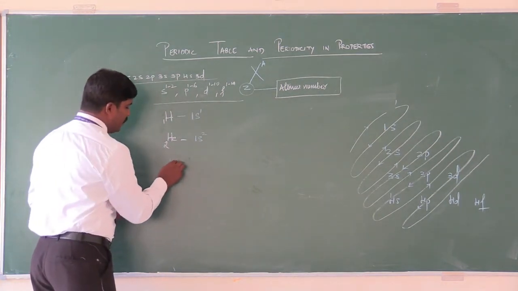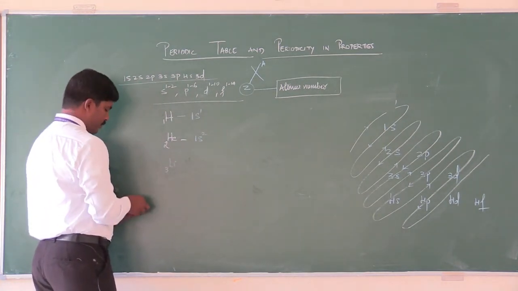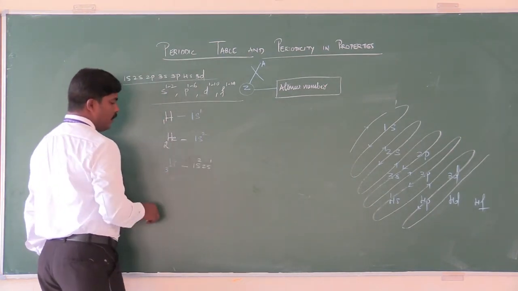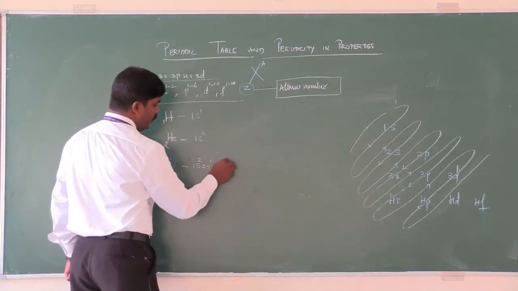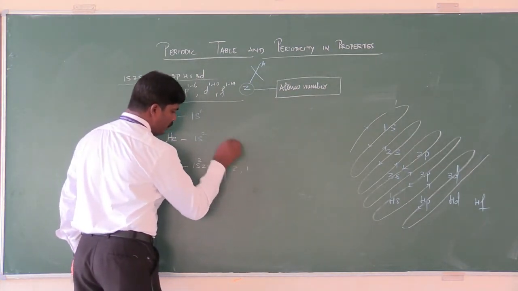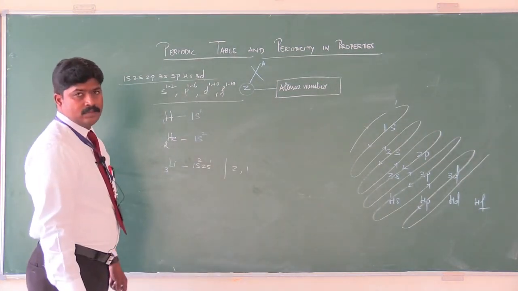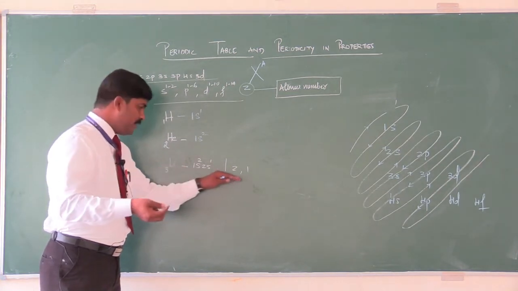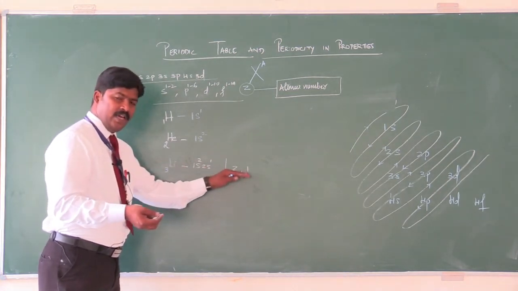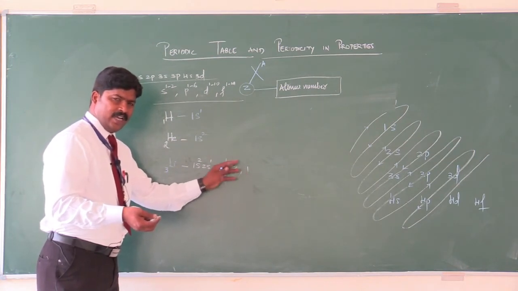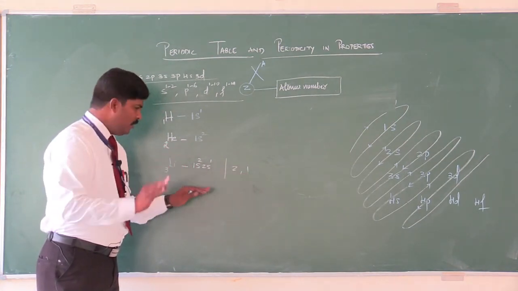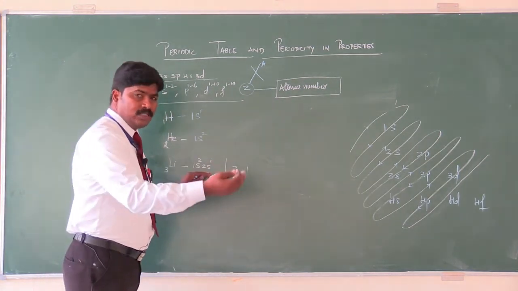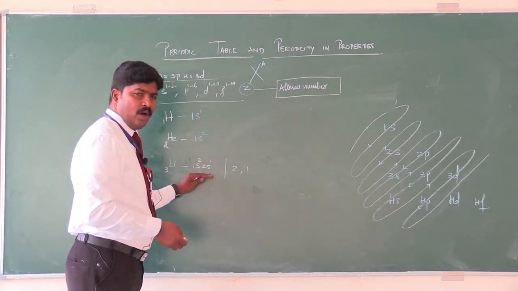Now lithium is 3, so we write here 1s2 and 2s1. Of course, in CBSE they also teach it like this: 2, 1. That is clear, but we are now going a little deeper into how electrons are filled in the subshells also. 2, 1 is also right. The K shell is filled and L has 1 electron, the second shell has 1 electron. It's very clear, very correct. But we are trying to learn the electronic configuration in this way so that we know how many electrons are present in each subshell also.